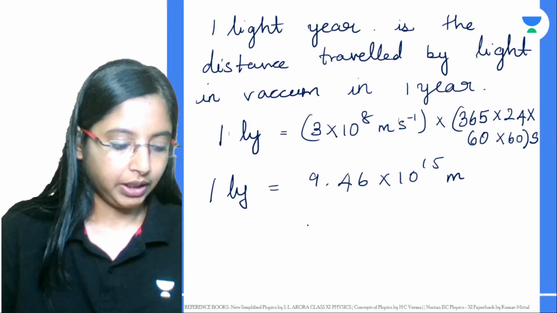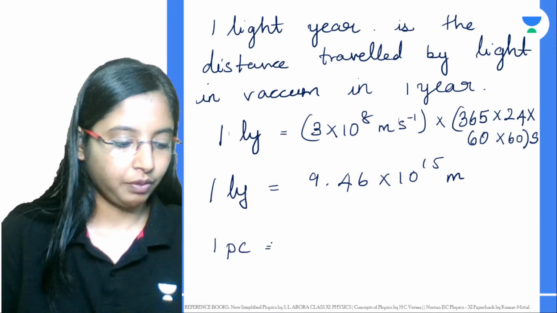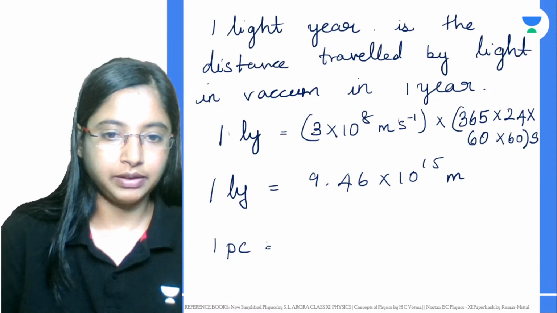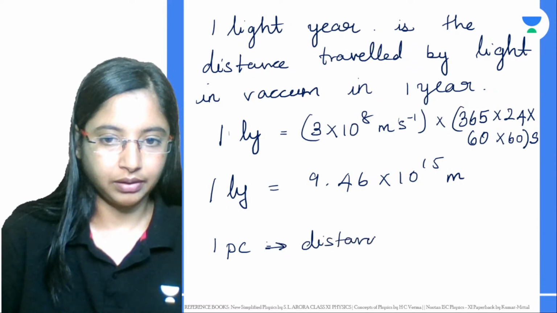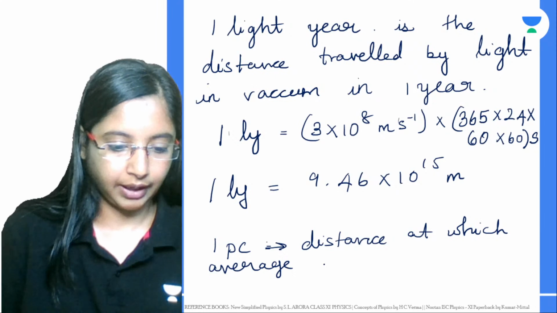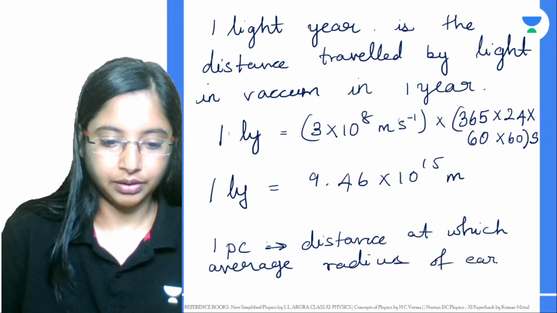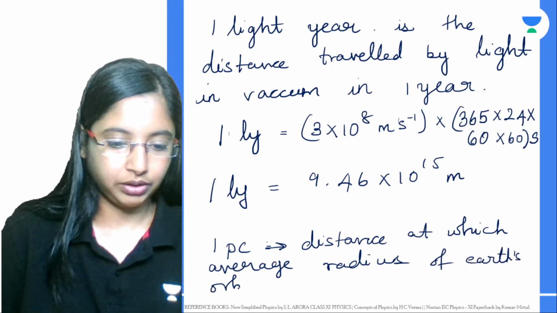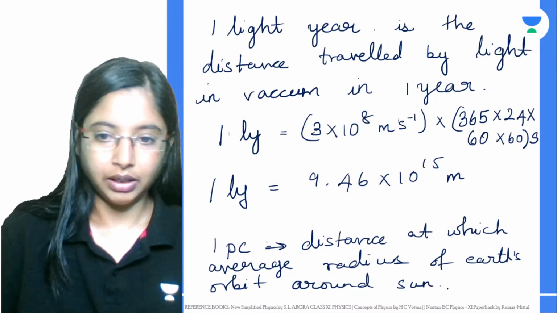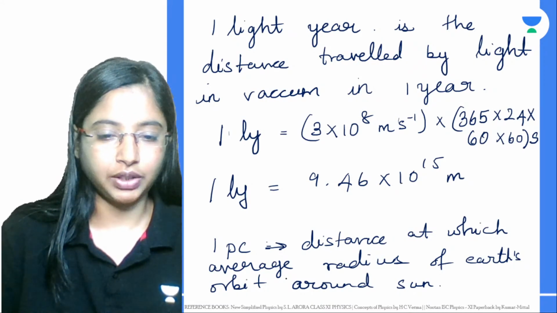All right, now other than this, we also define the unit of 1 parsec, or parallactic second. This is basically the distance at which the average radius of Earth's orbit around the Sun